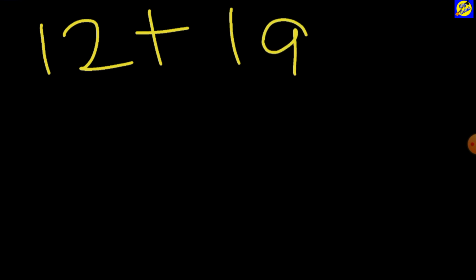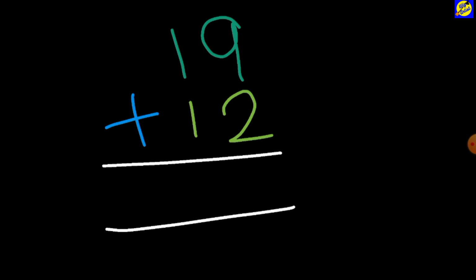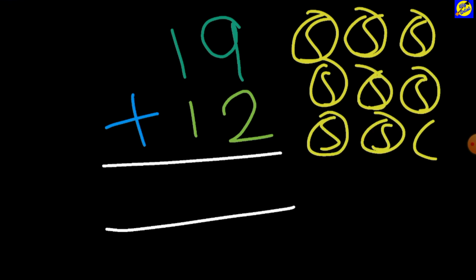But now if I give you an example wherein you have to calculate 12 plus 19. Okay, so let us calculate in the form of columns. So let me put 19 first, as it is bigger, and then I will put 12. Then the addition symbol, I'll put the lines, and now I'll try to add them. So when I try to add 9 plus 2 with the help of the balls method, 1, 2, 3, 4, 5, 8 and 9, and the 2 balls now,